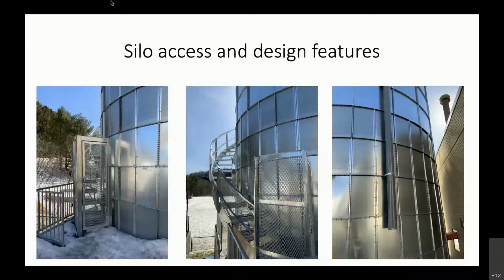And there's some nuances on these silos that really make them work quite well in the way that they're assembled, and also in the way that you have them sealed on the bottom edge. So these are actually cast in place starter rings, and that makes a really good watertight seal, because you do have quite a bit of water coming off the silo during rainfall. And so we've been very happy with this design of this bin. It's not always easy to get. This manufacturer is quite busy and hasn't been the best supplier, but